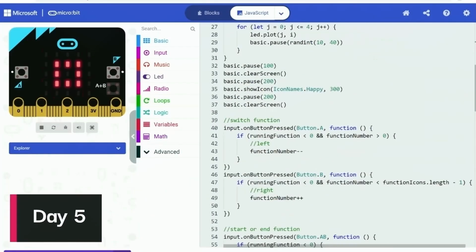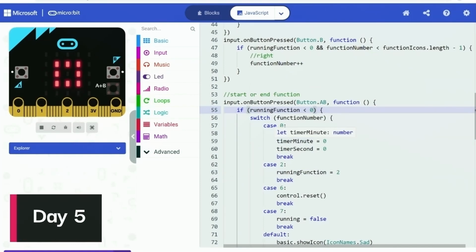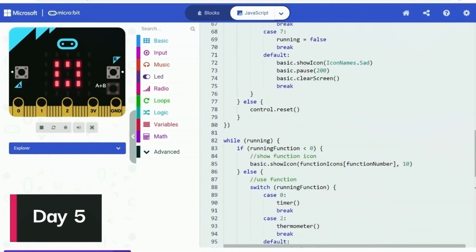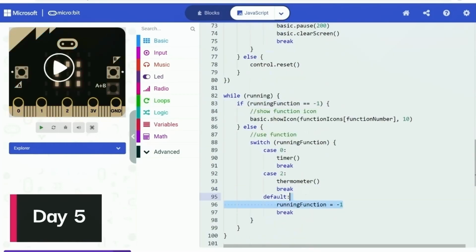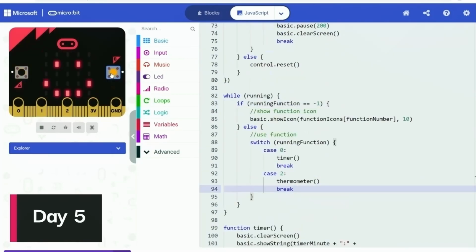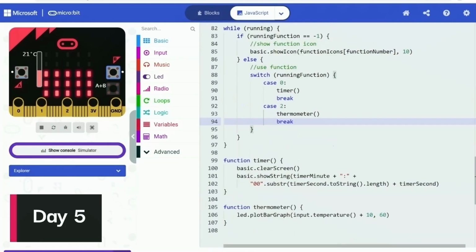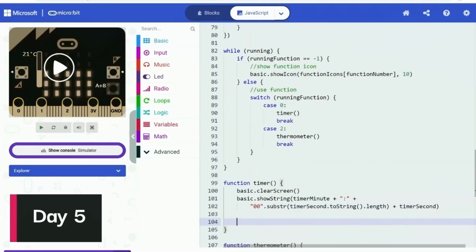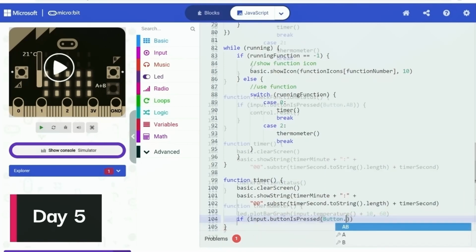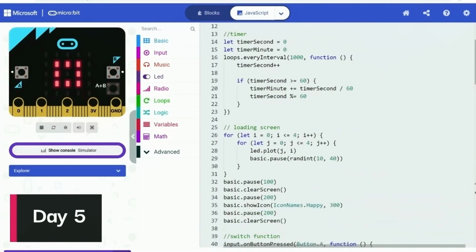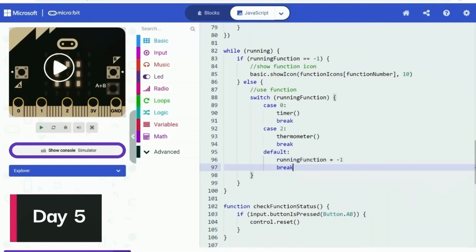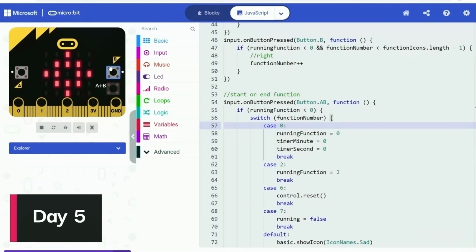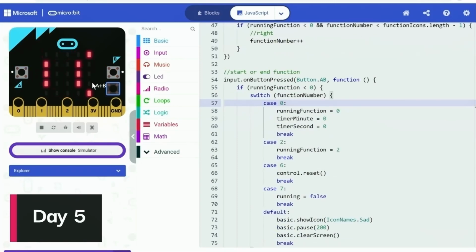So now it's day 5, halfway through the challenge. I still didn't quite get the reason why the program wasn't working. I was messing around with the code, and that's when I got an idea. Basically, the idea was to simply add another check for the button A+B pressing inside each function. So I quickly wrote this piece of code and made it into a little function so I can reuse it in every function. Now it is working, as every time the user presses the button A and B at the same time when a function is running, the function will be ended and the program will reset to the home page.